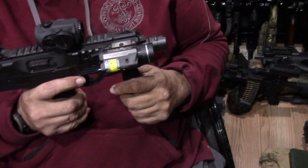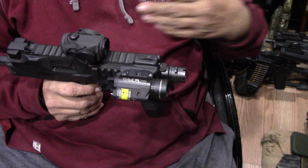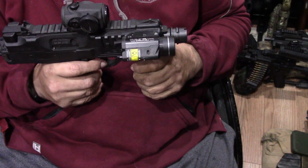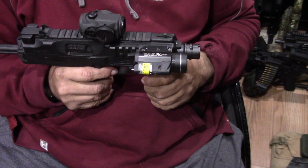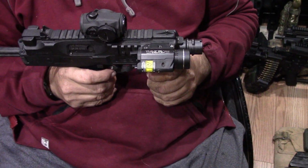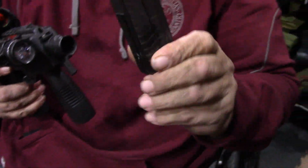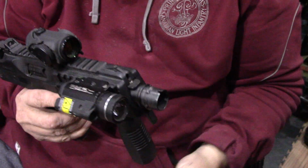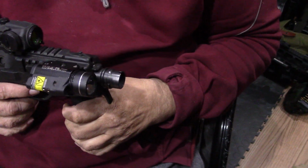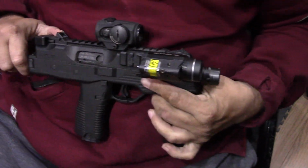So this utility pistol would be effective from contact distance out to as far as about 150 yards with reasonable accuracy. It's 9mm caliber, so it fires standard pistol ammunition from a 5-round magazine, polymer magazines. And the interesting thing about this pistol is that when it fires and the action goes to the rear,